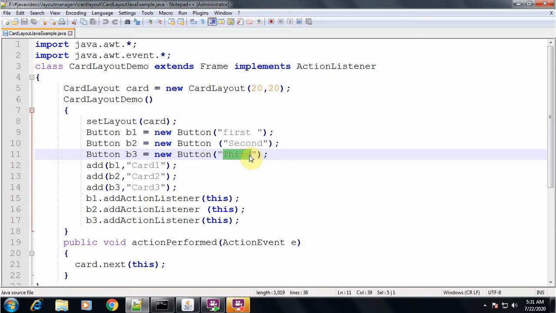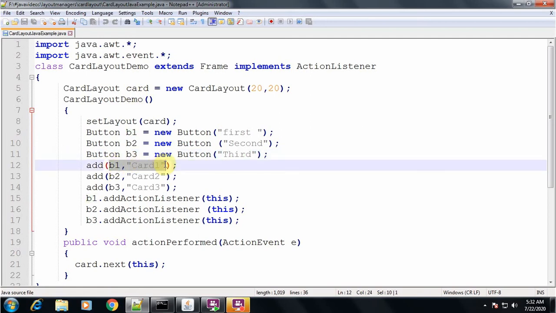Okay, now after you initialize this, the next step is addition. Is this point clear? Now when you are adding this to the container which contains the layout as card layout, this add method requires two arguments.